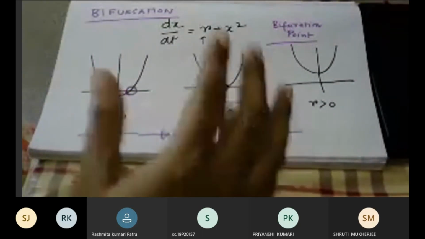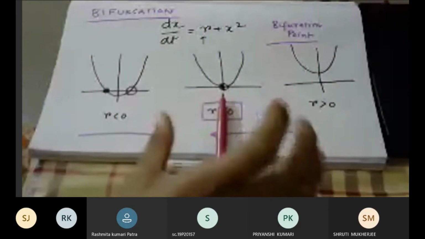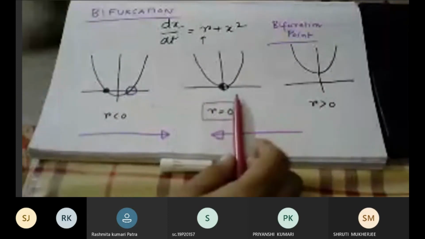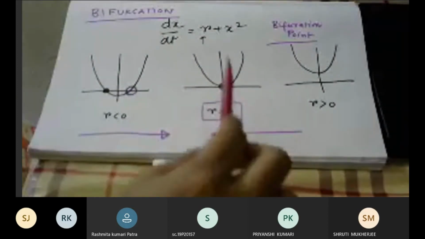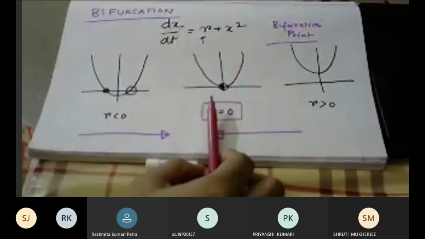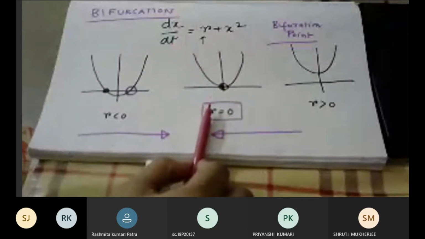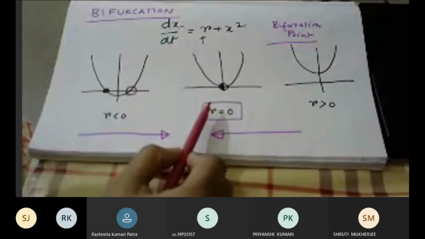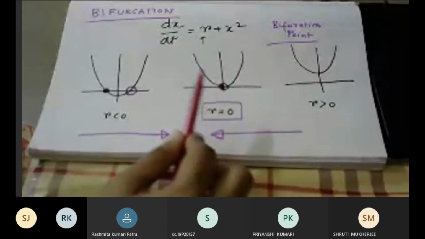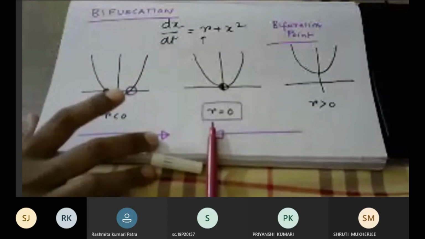Suppose at the melting point, can you say that it is in the ice state or the water state? You cannot, right? It is in both states and it is not in both states as well. There is no probability that it will become completely ice or completely water. There is 100% probability that you will have a mixed kind of state. It is exactly similar to that. You can borrow that idea of phase transition and map it here. Bifurcation points are in many aspects exactly similar to phase transition points.